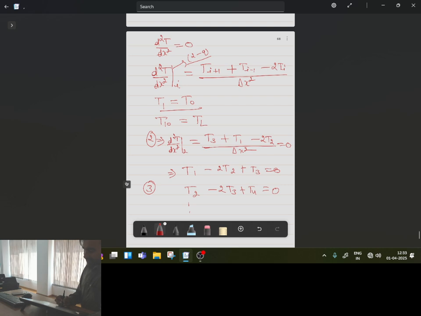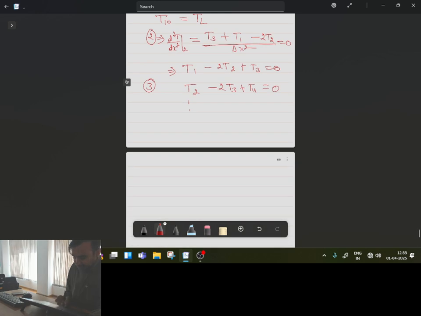Likewise, what I will be getting? I will be getting a number of equations, and ultimately I can segregate this in the form of Ax equal to B, where what will be X? T2, T3, so on up to T9. Whenever I am considering T2, what I will be getting? Minus 2, and for T3 I will be getting 1, all others will be 0, and in the right hand side